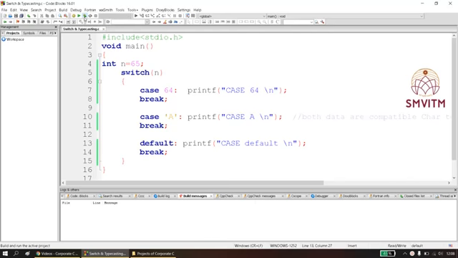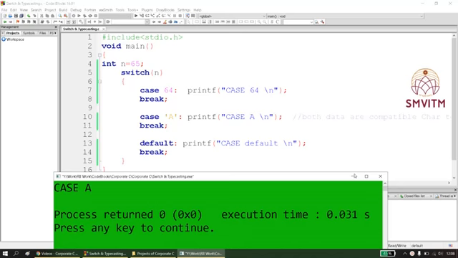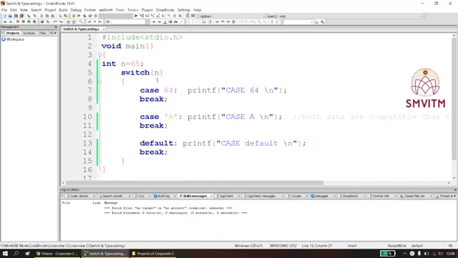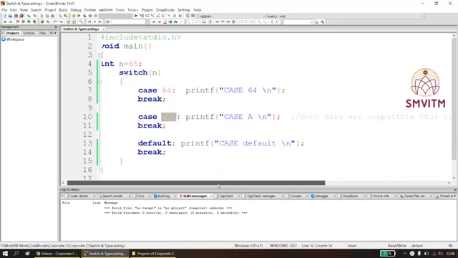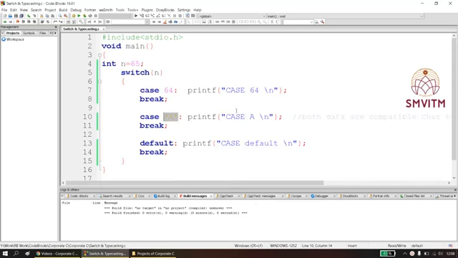Alright, so let us run the program. So it is definitely not a default case, but it is a case A, because it is going to check if there is a 65 there. If 65 is not there, it is going to typecast itself to check whether 65 in ASCII value is present or not. So it is going to be a compatible character to integer and vice versa, which is happening here. So if there is a here and if there is a 65 here, that also would work fine, and this second case would be